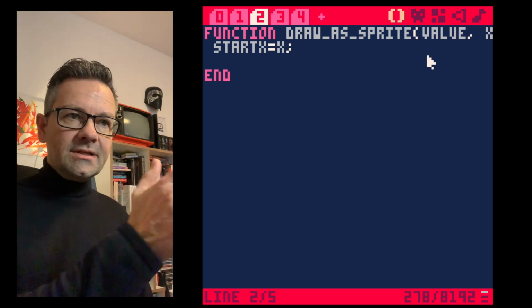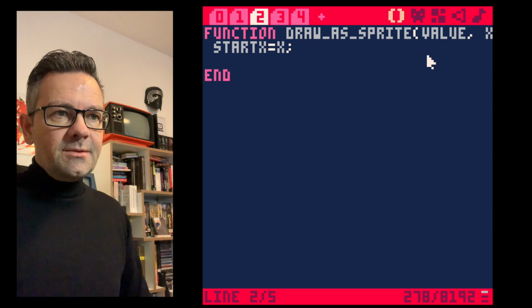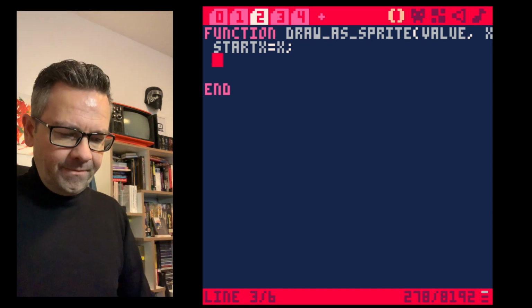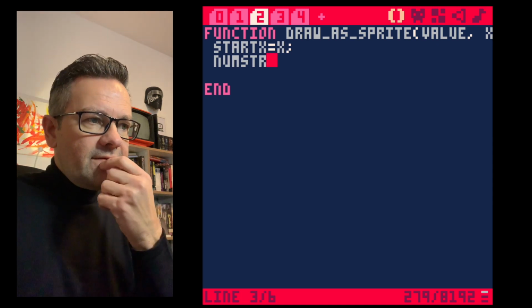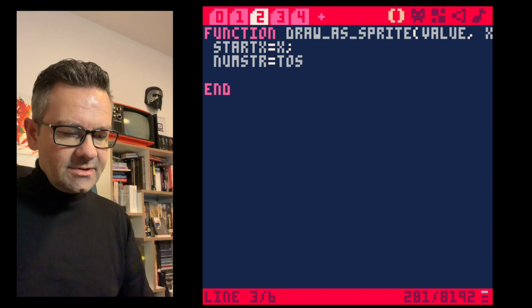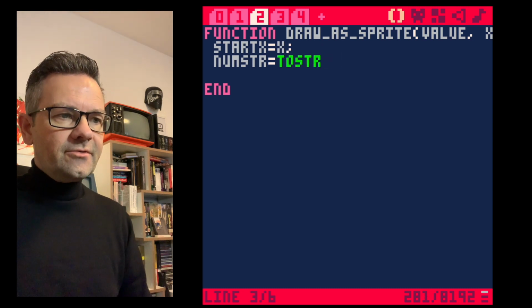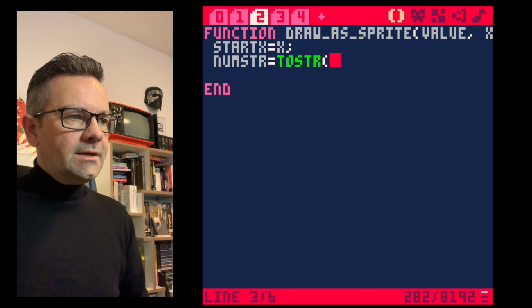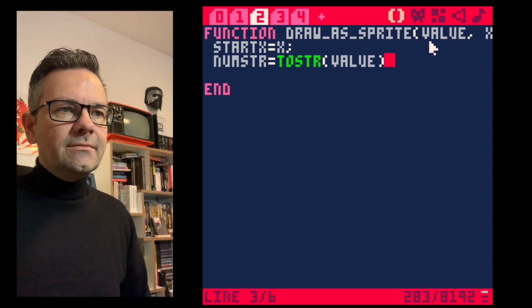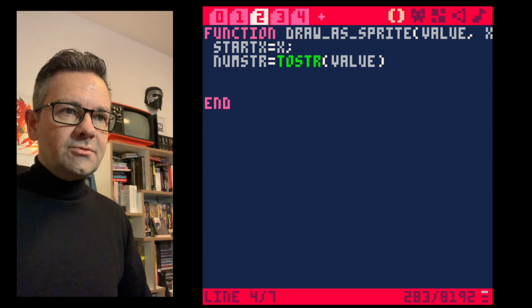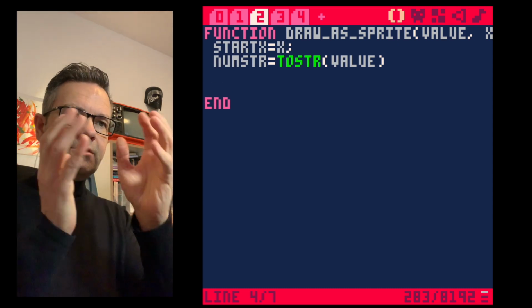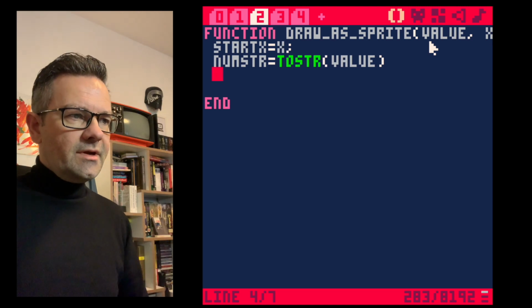And then we are increasing this start x coordinate by 8 pixels when we put more sprites on the screen for the numbers. And we have a variable called numString, and that uses the toString function from Lua to convert our number value to a string, which we then chop up into the different numbers, and then match these numbers with the